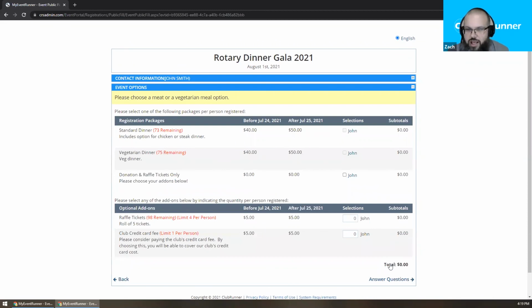So now that I've filled in my information, you can see that I actually can't select these, and the reason is that these packages only cover 2 people. In this case, I can't select those options because I am registering by myself. So I will choose my donations and raffle tickets only. I am going to choose the 4 raffle tickets, so I'm going to get 20, and I will also be generous and pay the credit card fee for the